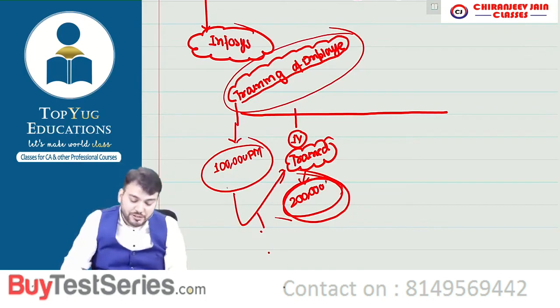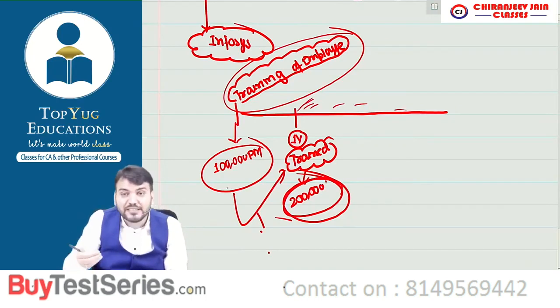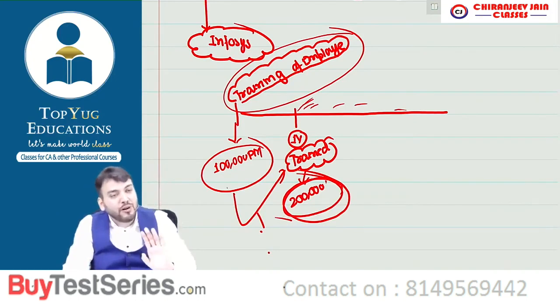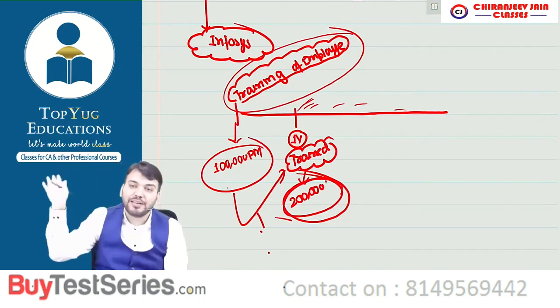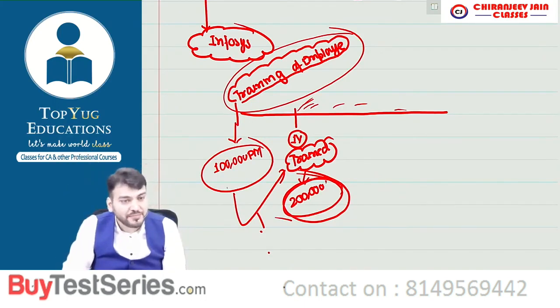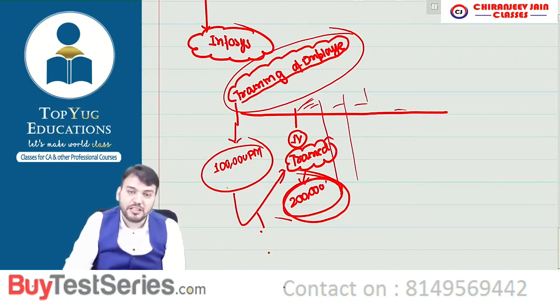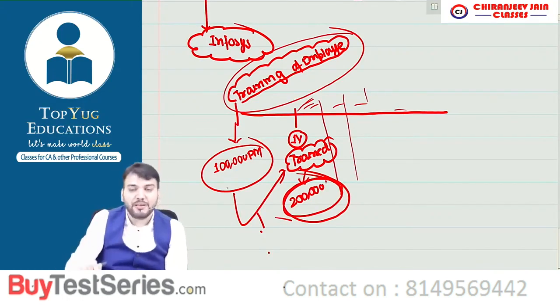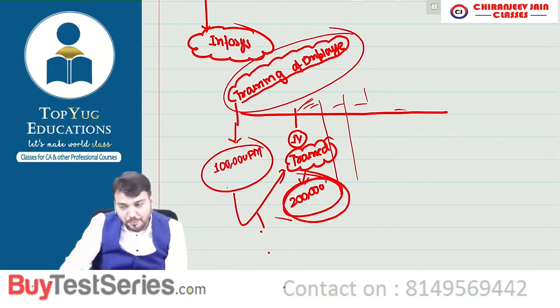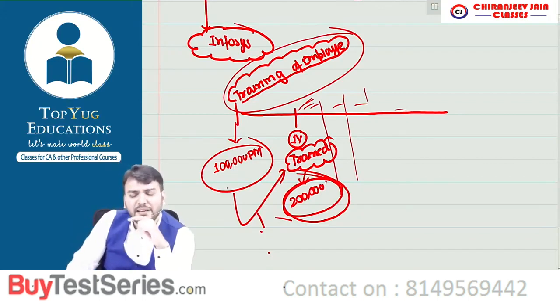The trained employees started leaving the job, because they got a higher salary in either Indian companies or foreign companies. Most of the trained employees of Infosys were recruited by foreign companies outside India. They would leave India and go outside India. So this was the major problem with Infosys. They used to train employees, then the employees used to leave the company. Why did they leave the company? Because